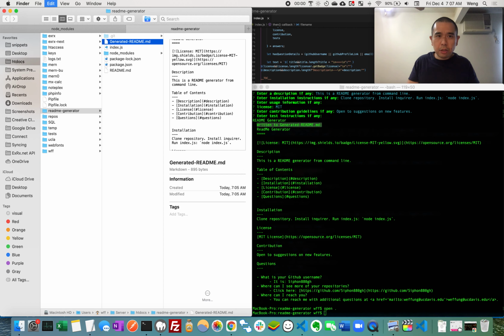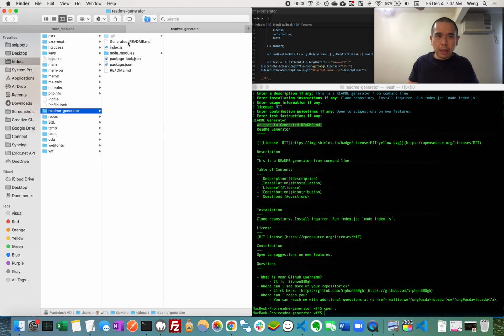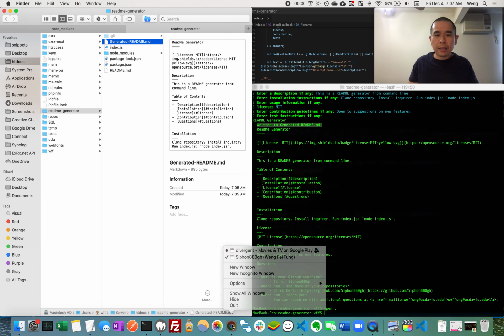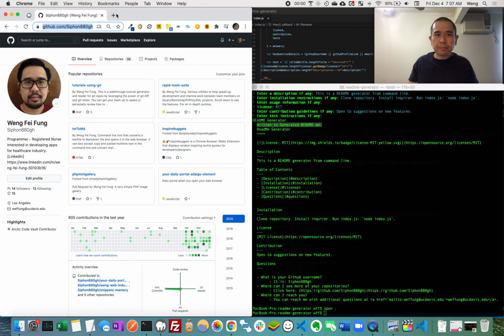I am going to open this README on my browser. One of the options you can have is to upload it or push it to GitHub, and then you see the README. Another option is to install Chrome extensions or Firefox extensions that format the README on your page, and that's what